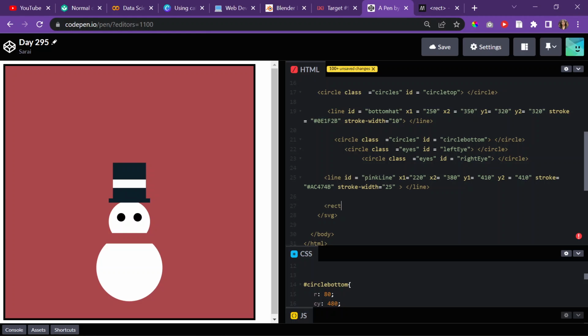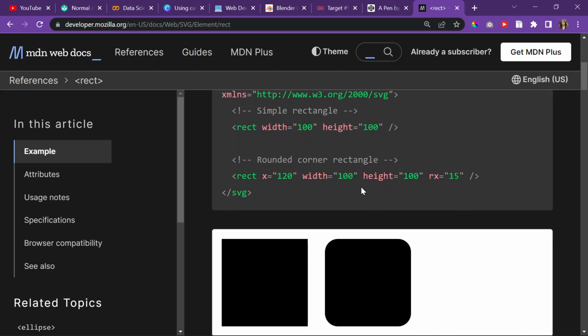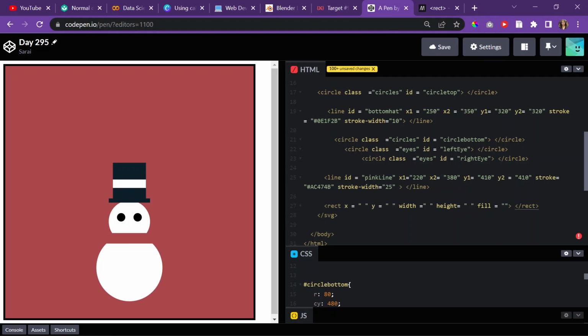So I'm gonna do rect, and I guess we're gonna do x, y, width, and height, and then I'm also gonna do fill. So my x is going to be, I don't know, rx, radius of s. That's really nice. Okay, so my x is gonna be,